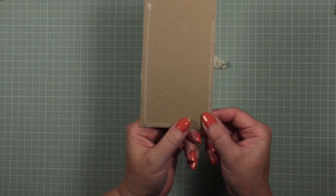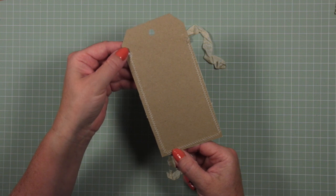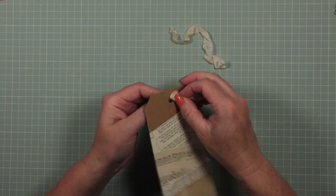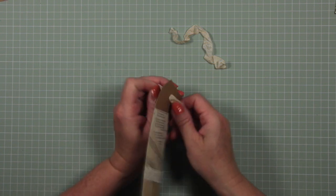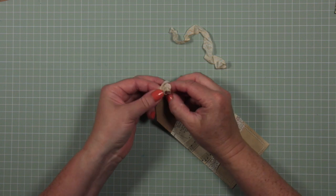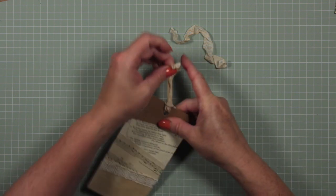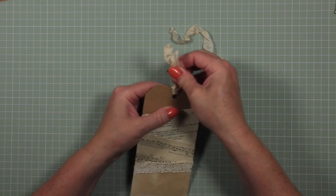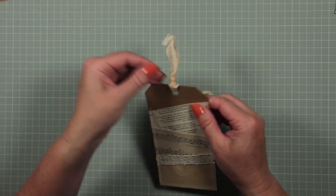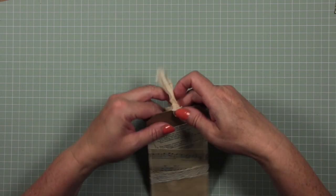I've taken this tag to my sewing machine and I've done a little zigzag stitch around the outside edges but not the top, and I just want to quickly show you a different way that you can tie your tags at the top. I'm using the rather nice binding tape that we dyed earlier on. I've put it through, just poked it through the hole and done a loop, and to make